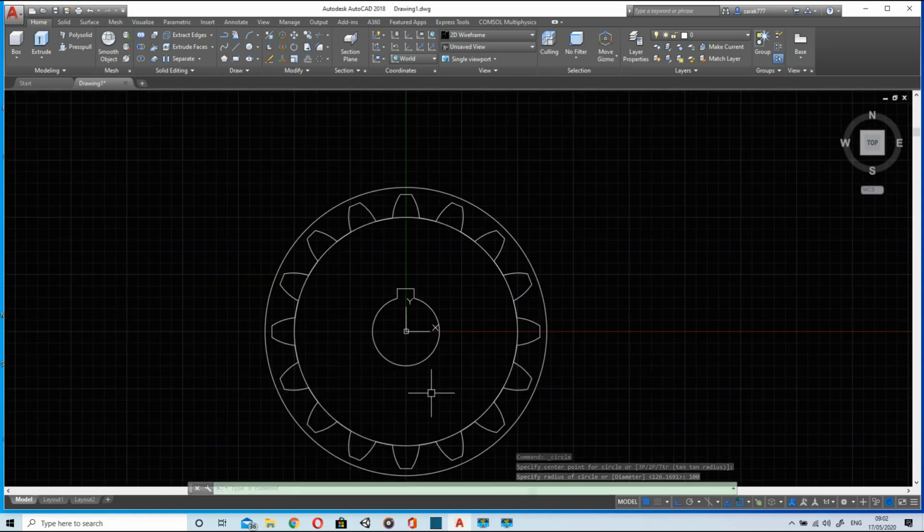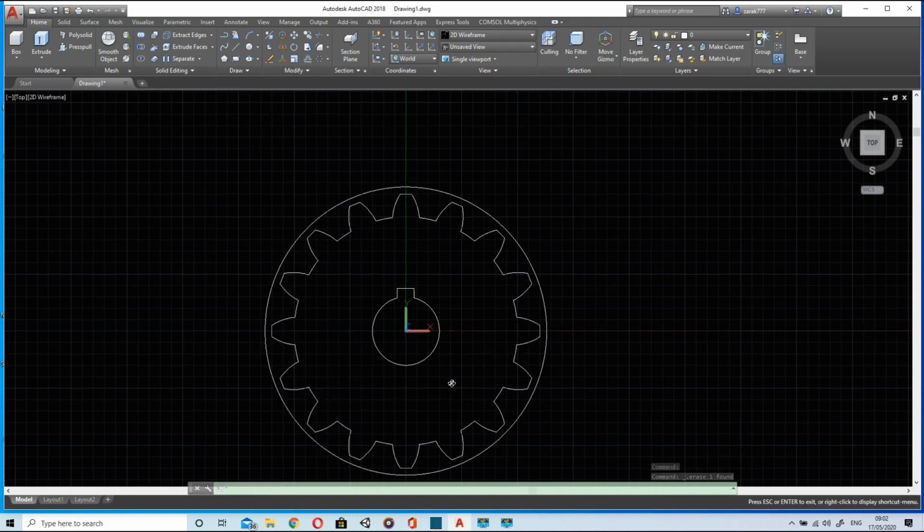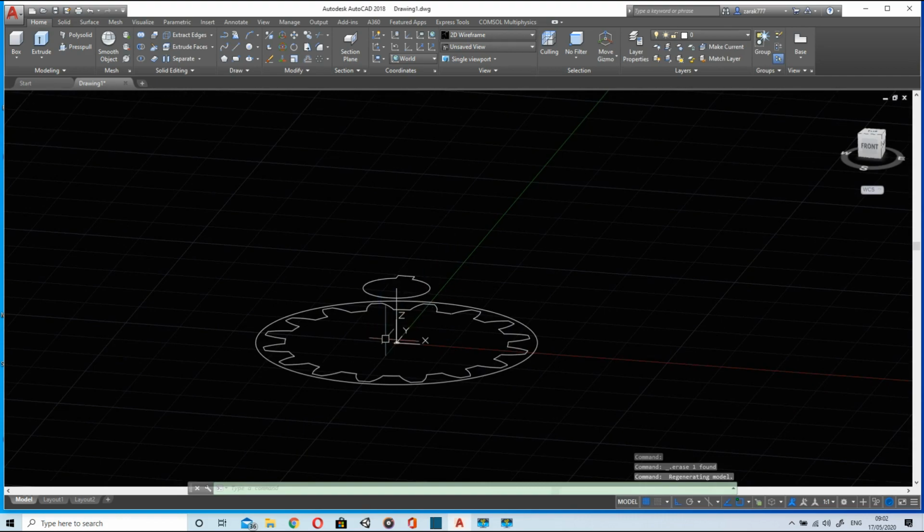These two circles will be used to make a 45-degree fillet at the end for chamfer. Chamfer is a better word for this. We can use this technique for chamfering the gear.